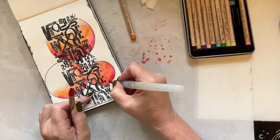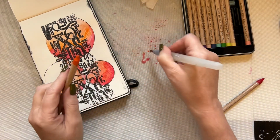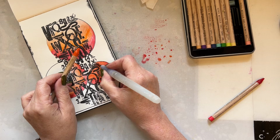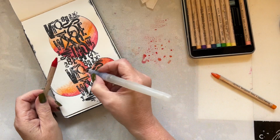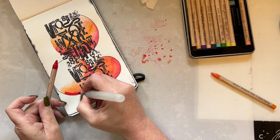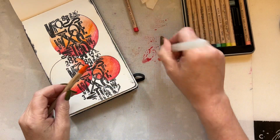So just going in with the festive berries and just adding as many layers as I like. Now, I haven't let this rest yet like I did in the previous video. If you let it rest and come back with some more of that colour, you'll get even more depth. So we'll take the festive berries. We'll just add the festive berries, just to give a little bit more depth to the page. Then I'll go to my carved pumpkin